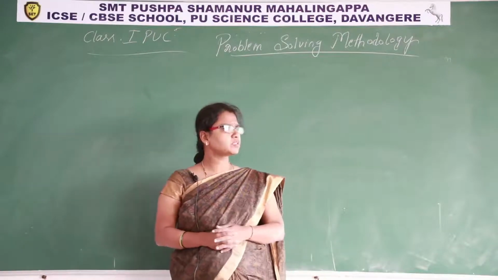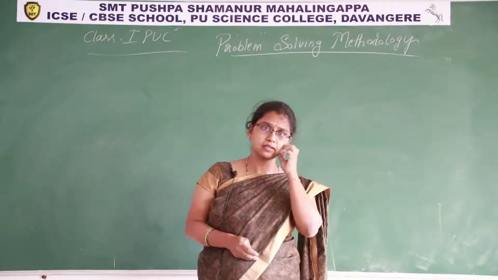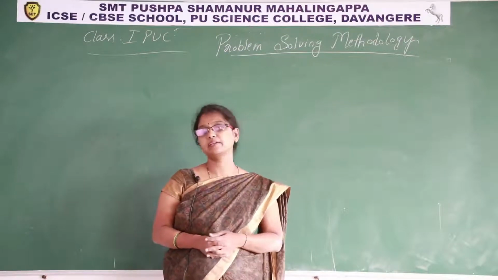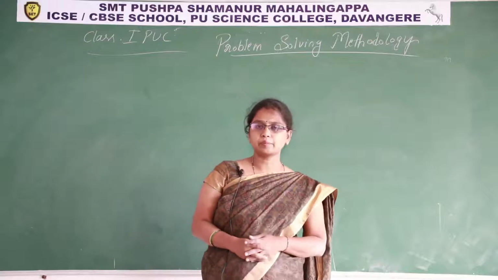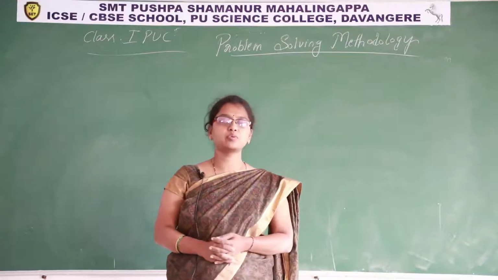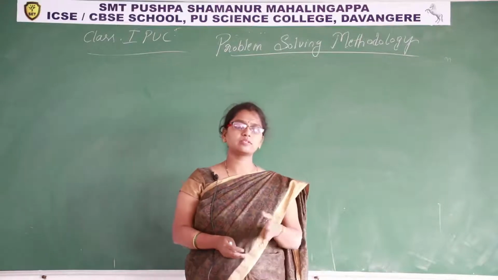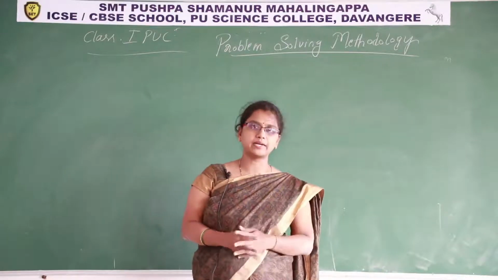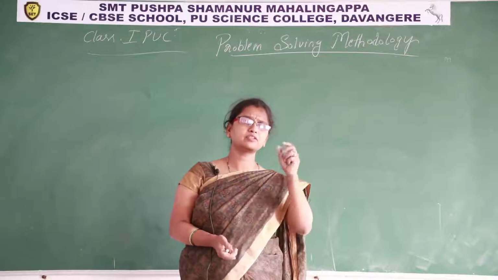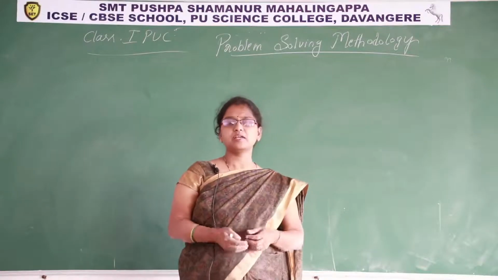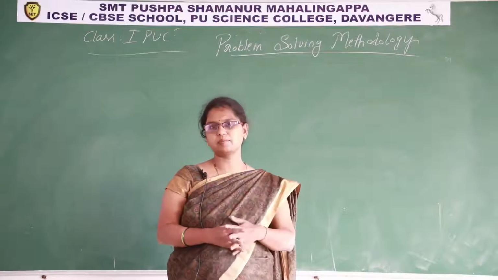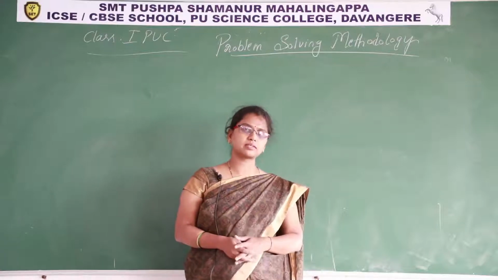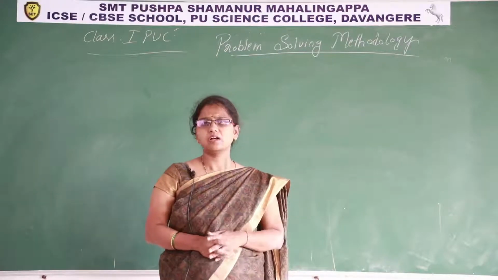Another problem statement: I want to search a particular student's detail, so we need a key there. Key means student name or student ID or student register number. Student ID is better because it is unique for each student. If you take student name, two or more students may have that name. So if you consider only the student register number or student ID, we compare that key with each and every key in the database, and wherever there is a match, we fetch the data. That is the searching process, the searching problem. Are you understanding?